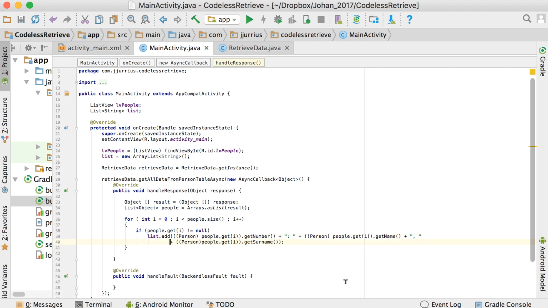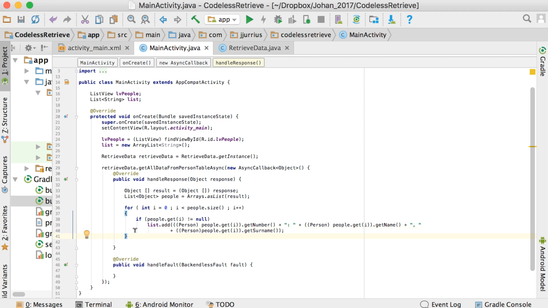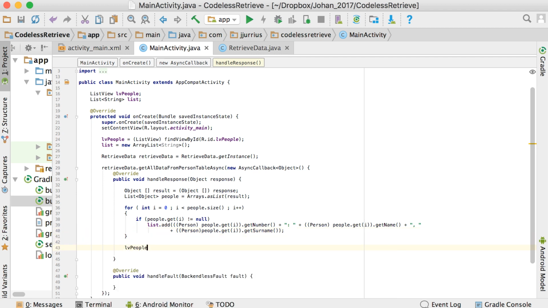Just go to a new line there. Okay, so now we've got list.add. We will first show the number, then a colon, then get name, then get surname. So that is if the object is not null or not referring to null, then we will add this to the list. And then after this, we can now go to the list view, LV people, and we can go